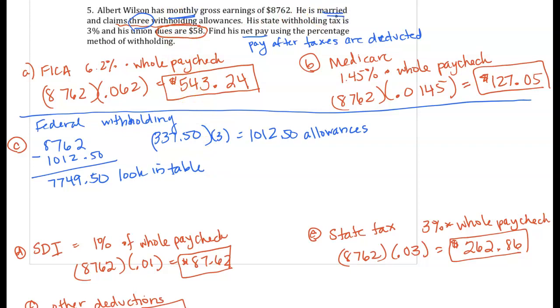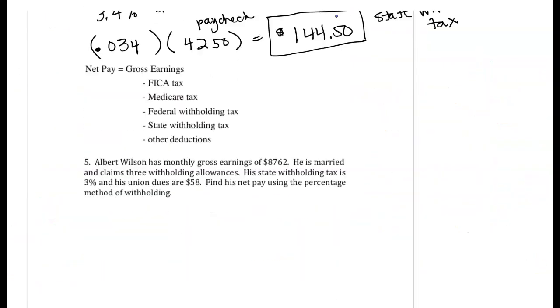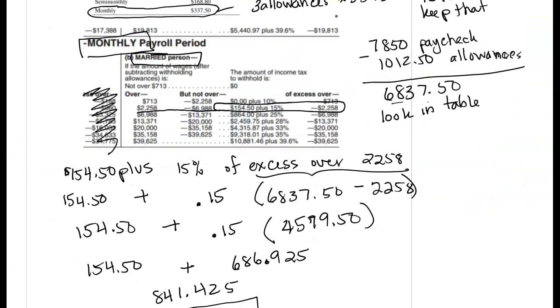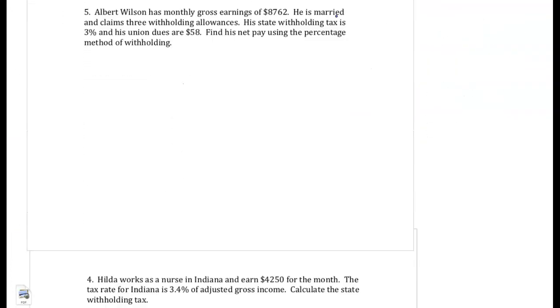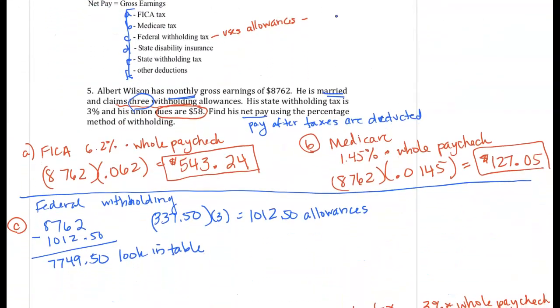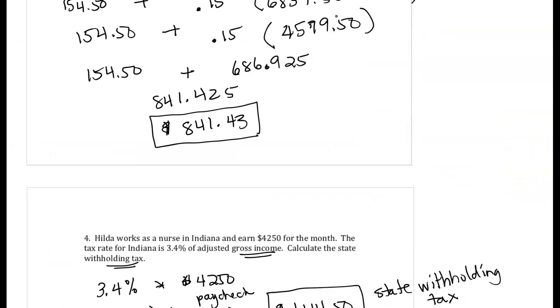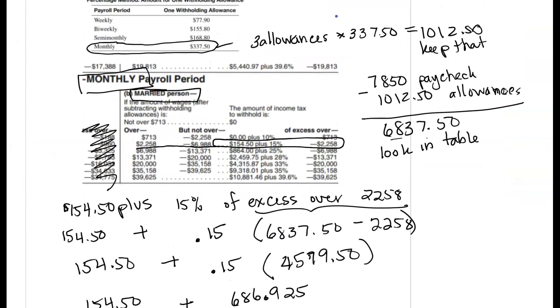And again, I'm going to scroll back to that table for monthly and married, and we want to look for that amount, $7,749.50. It looks like that would end up being row 3, and that gives us